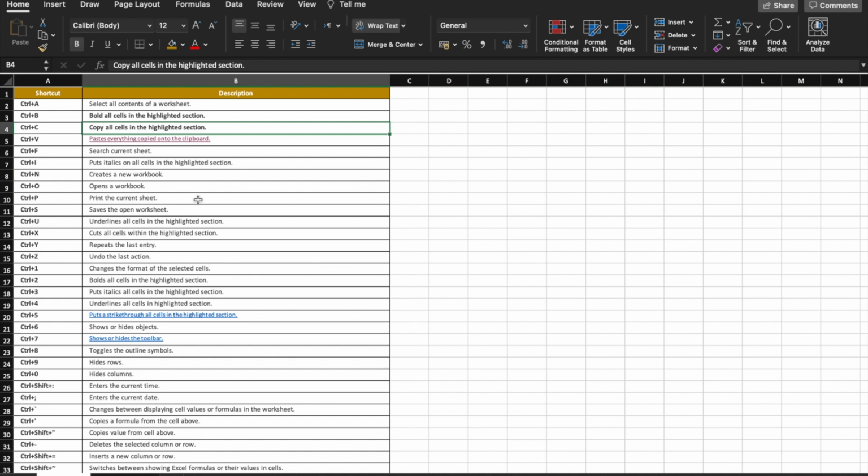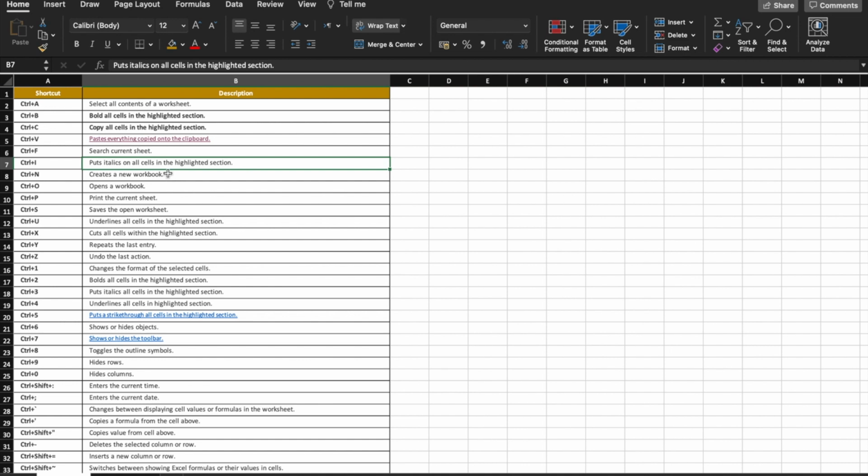And Control I is used for changing the format from italic to normal, normal to italic. For example, I want to change the format. This one is italic, and this one is normal mode. So I want to put this one in italic mode. I will select the column and use Control I, and it will be changed. It's already changed. If I want to put it in normal mode, I select this italic column again.